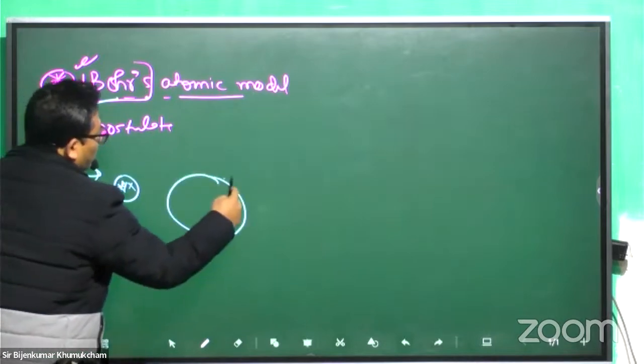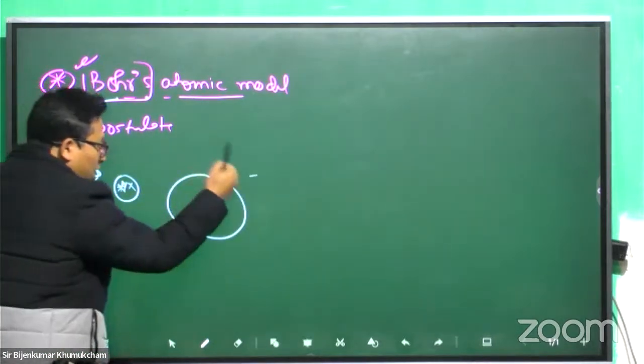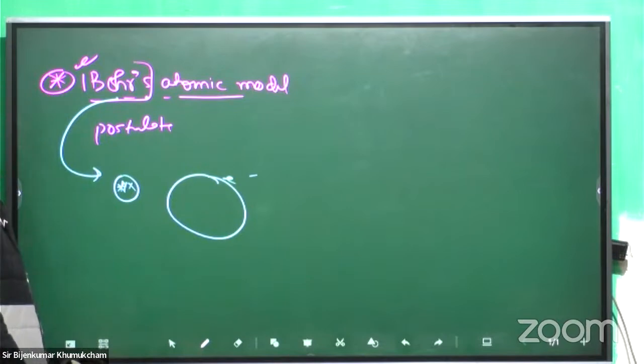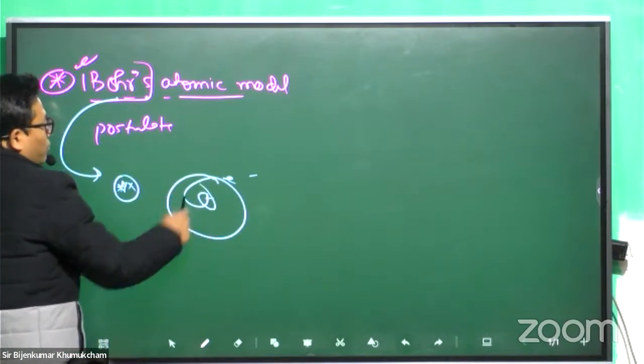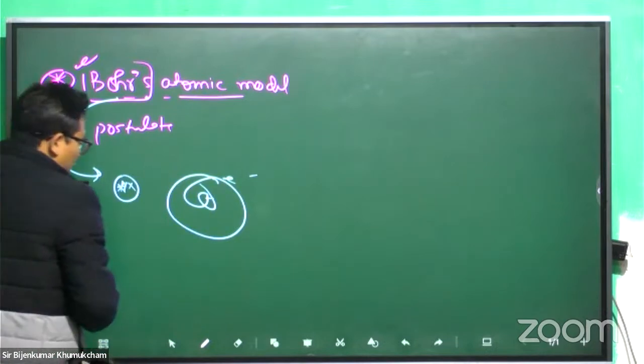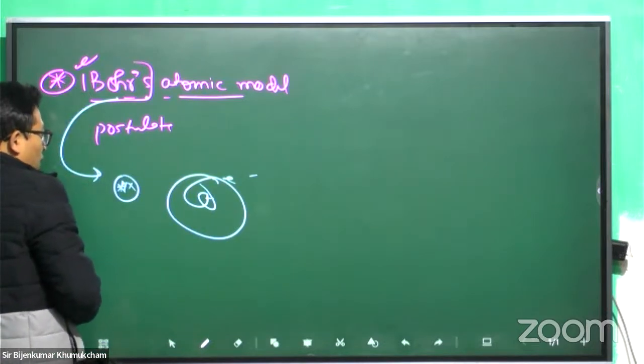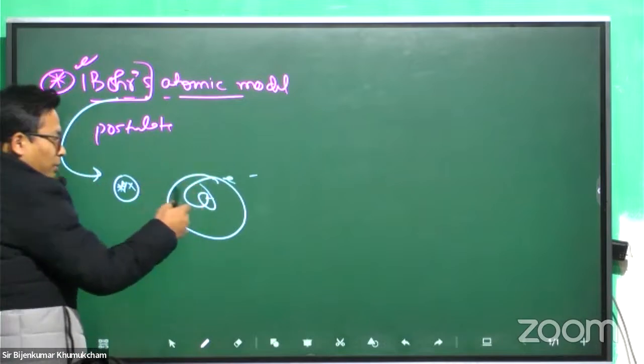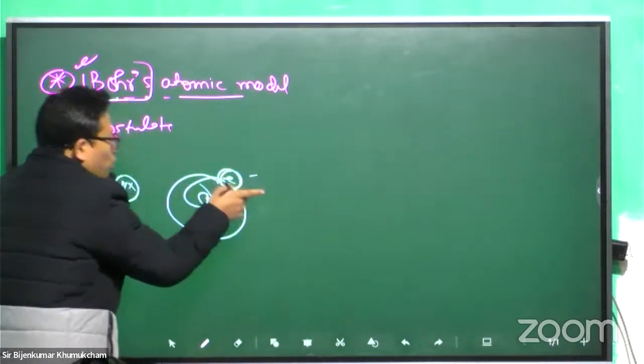The electron loses energy. Electron will keep losing energy if it is accelerating and ultimately it will fall into the nucleus. If this electron does not lose energy,